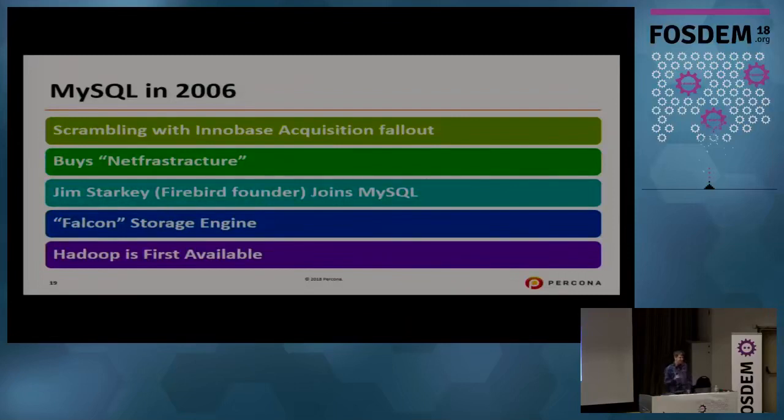In 2006, MySQL's troubles with the Innobase acquisition fell out, because even by 2006, most large-scale MySQL users would be using InnoDB as a storage engine, right? So what MySQL did is they bought a company called Netfrastructure, and Jim Starkey, the Firebird founder, joined MySQL to implement a Falcon storage engine, which was supposed to be a much better replacement for InnoDB. Anybody remember Falcon? Oh, yes, we have some